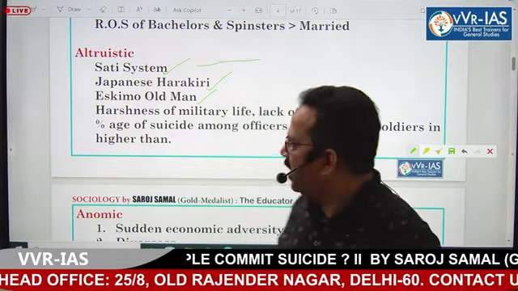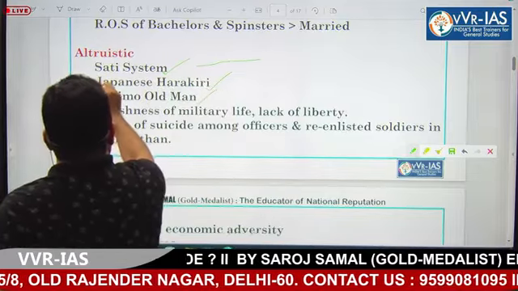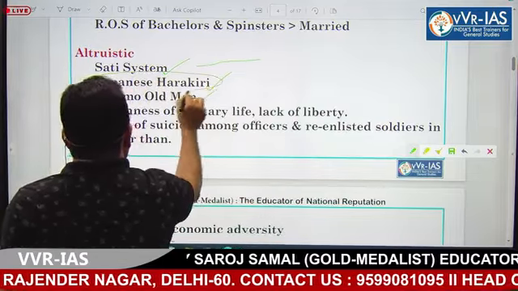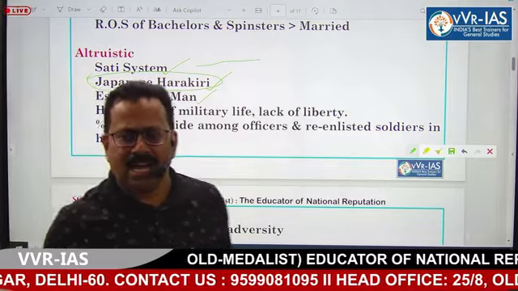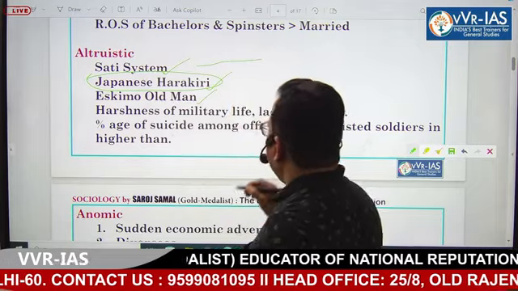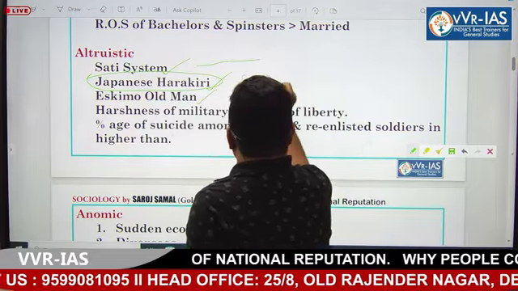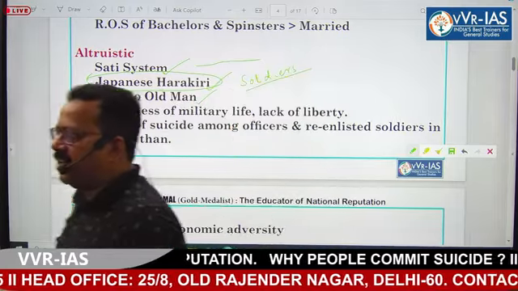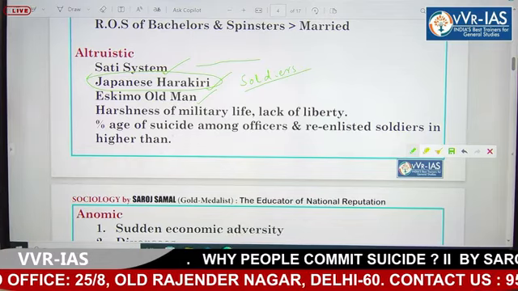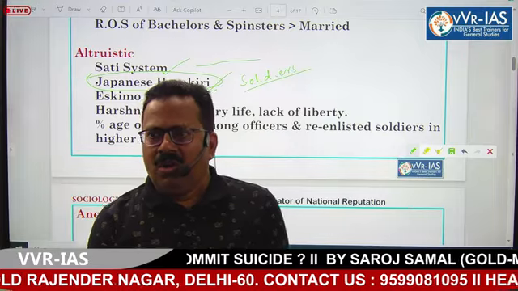Okay. Then Durkheim has also cited another example from Japan. What is that example? That is Japanese harakiri custom. What is Japanese harakiri custom? Harakiri custom is practiced by soldiers of Japan. क्या ये हाराकिरी कस्टम जापानीज का है? हाराकिरी कस्टम मीन्स whenever